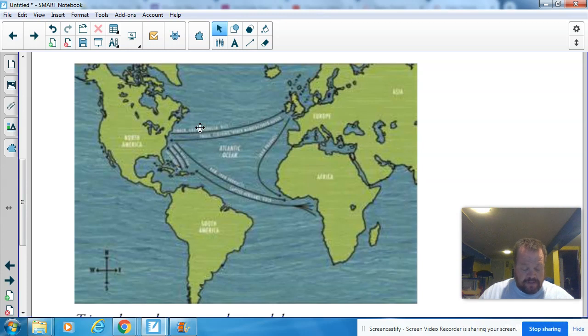Here is one of the routes. So what are they sending? They're sending things like tobacco, rice, and indigo. Okay. What are they sending from England to North America? Well, they're sending colonists, okay, and money. Okay. Things that they are sending from